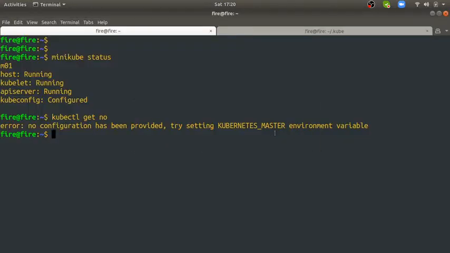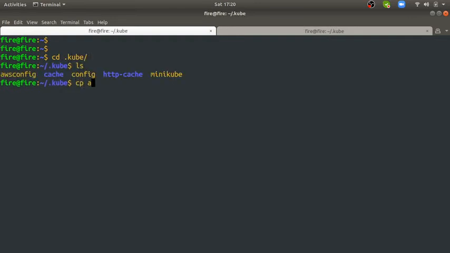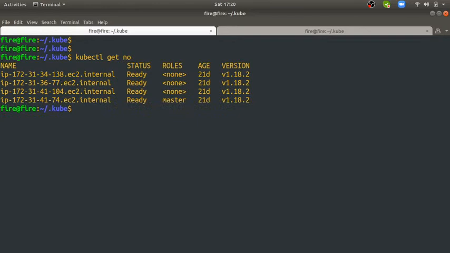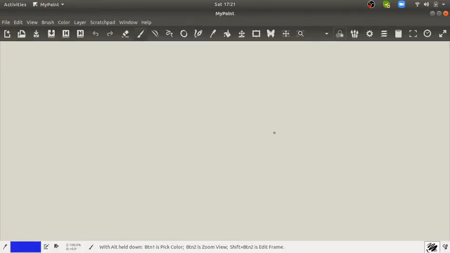So let me just check as my Kubernetes cluster is up and running. I'm just configuring this. Alright, so kubectl get nodes, everything is running. Okay, so today we are going to talk about three topics: